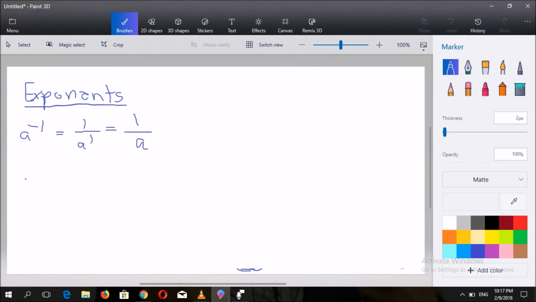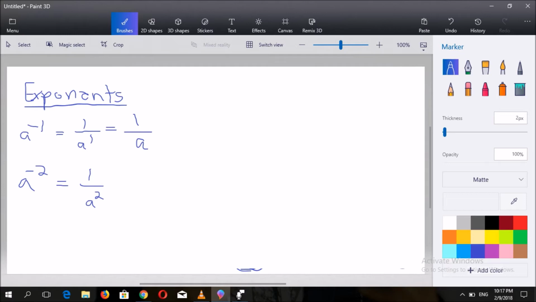In this case, this exponent is equal to the reciprocal of a raised to the positive power, raised to the power 1. So in this case, this is equal to what? 1 divided by a. Another example, if a is raised to the power minus 2,